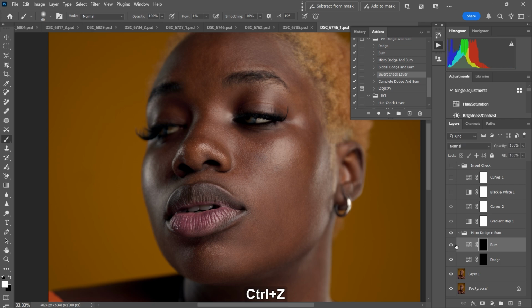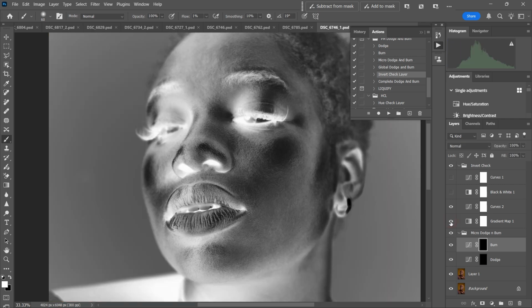I'm going to undo all this for this. Then to make my blend more accurate, I like using the gradient map first to see the difference. So now here comes the complicated part about the gradient map. Over time you get used to working with the gradient map as your check layer, because when I first started it was a bit